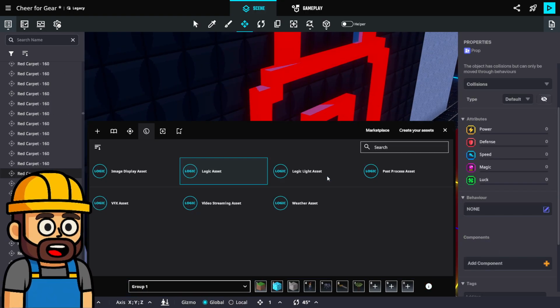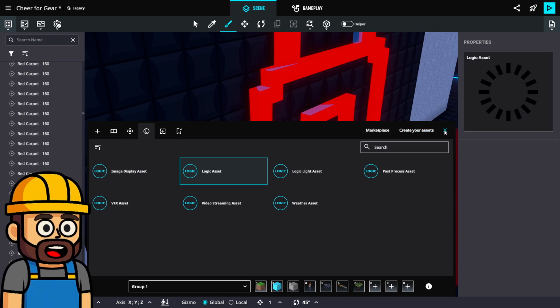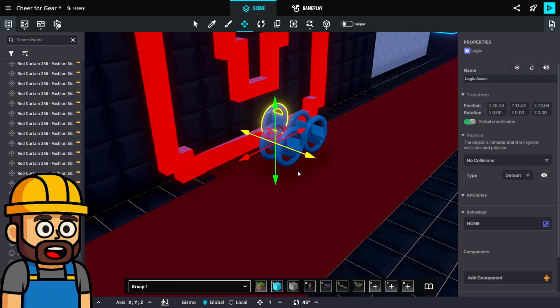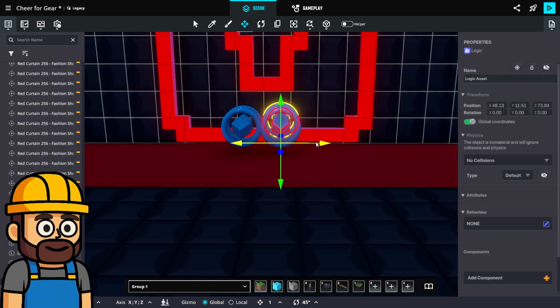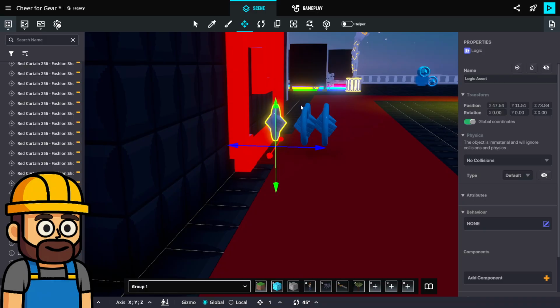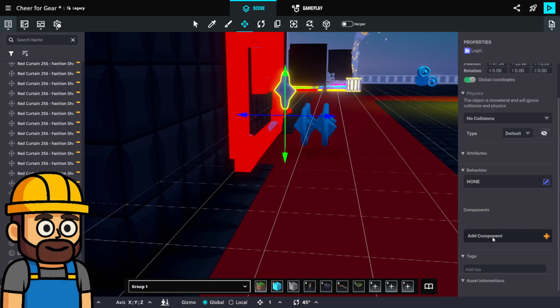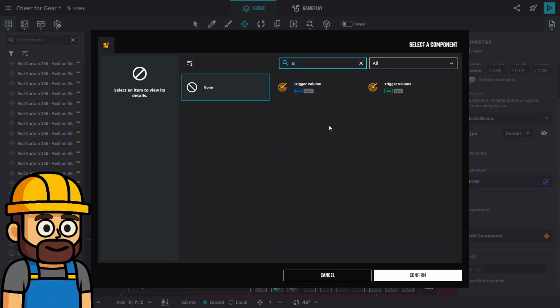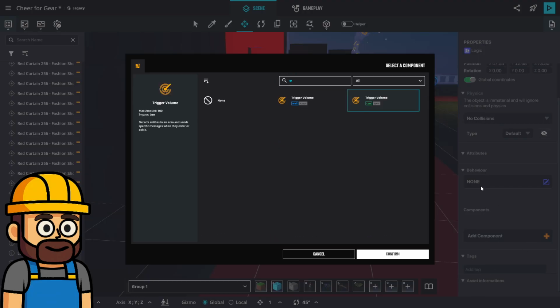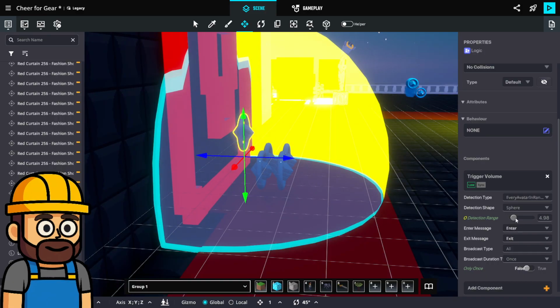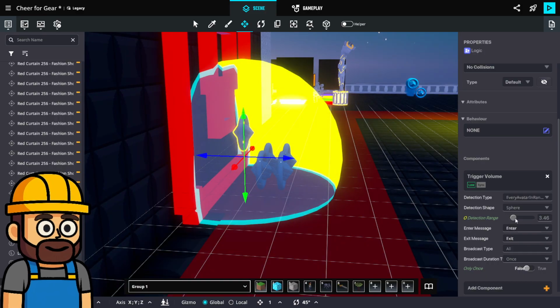Okay, so I need one more logic asset here. And this is going to be a trigger volume. Make it a little smaller over here.